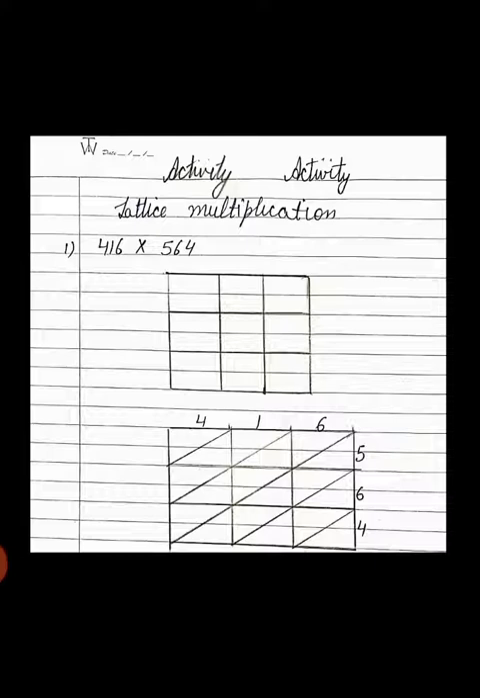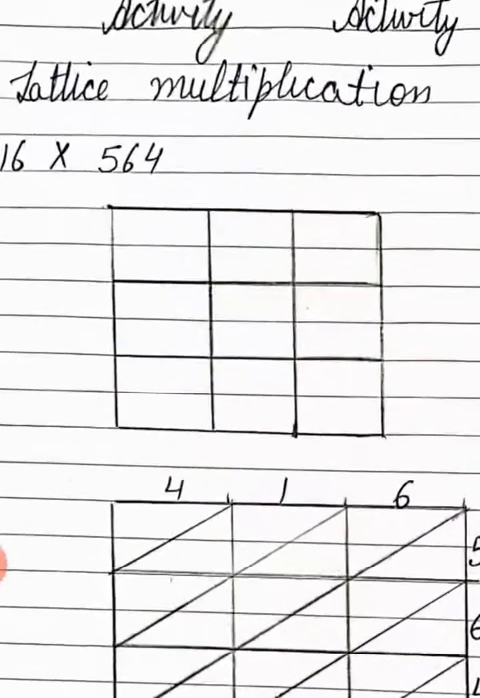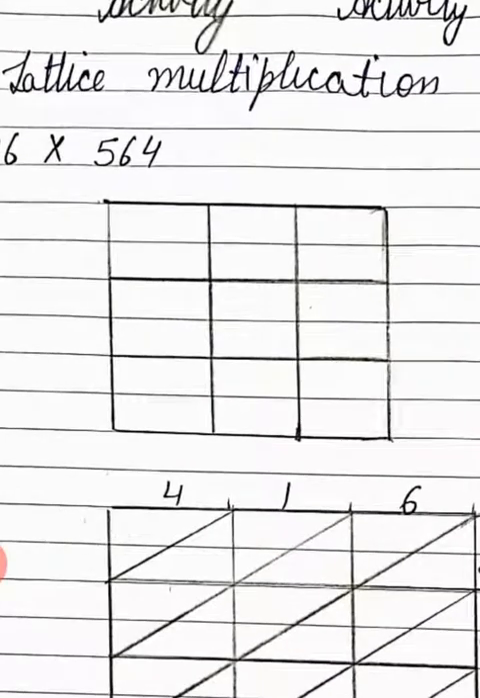What is its advantage? Its advantage is that the lattice method breaks the process of multiplication into smaller steps. Now here on that sheet we need to multiply 416 by 564. It means 3-digit multiplication by 3-digit number. So step 1 is you need to draw a 3 into 3 square grid. You can see here on the picture, the grid is drawn square shaped, 3 along the horizontal side,